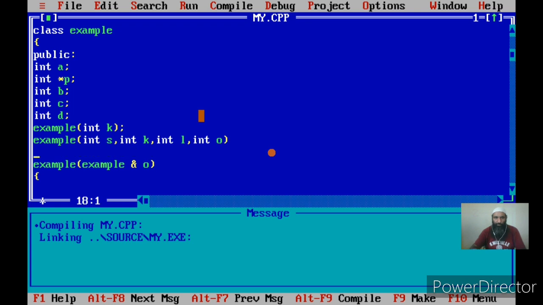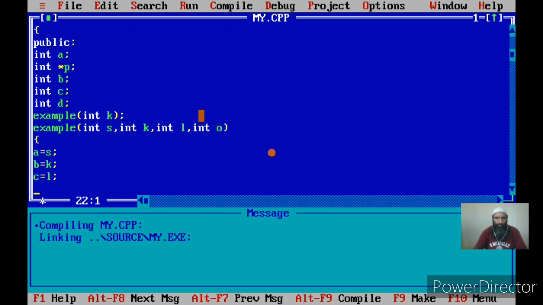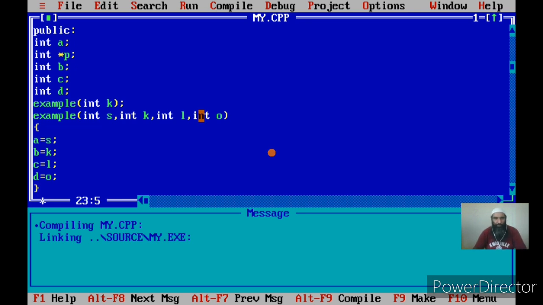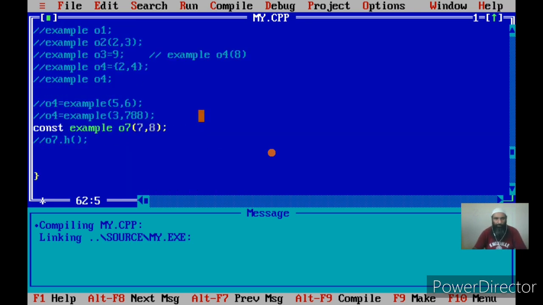Now initialize the members of the class: say a is equal to s, say b is equal to k, say c is equal to l, and say d is equal to o. Let me first normally call this function.